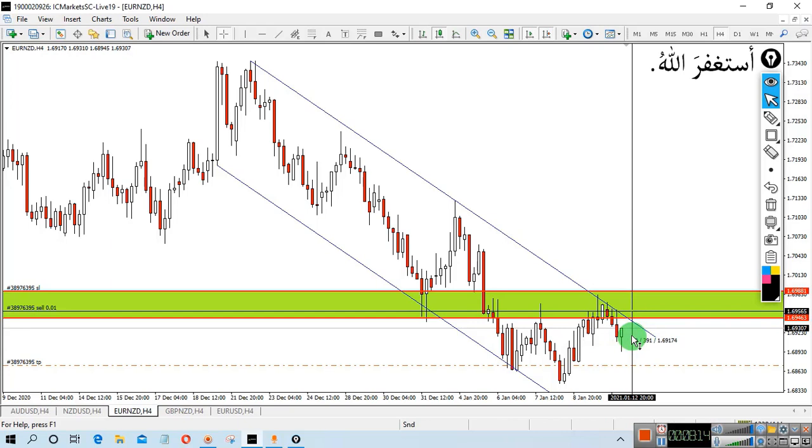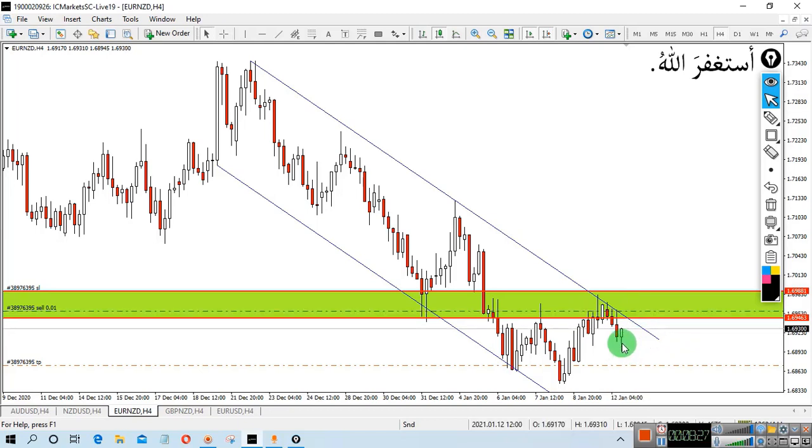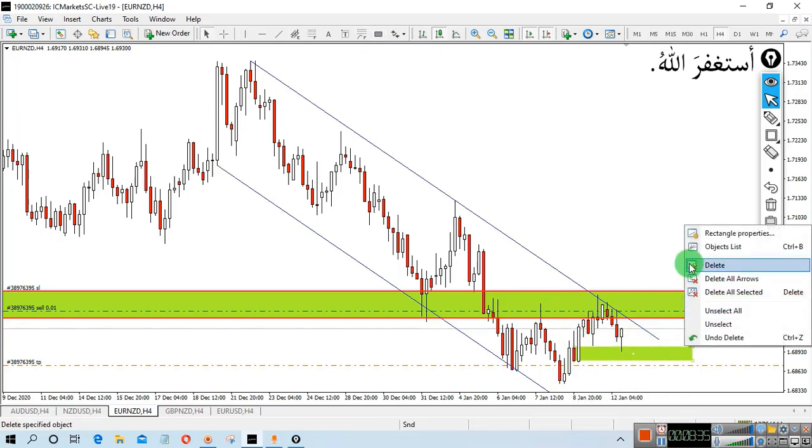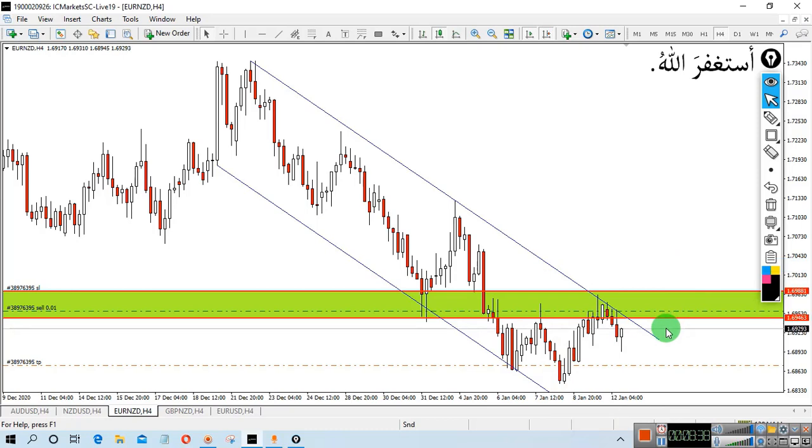I am teaching you price action, so leave this demand or supply for now. We will talk later about why market jumped back to the upside, because we have a nice demand zone here. So leave it for now. We will discuss it later on. So I still hope that market will drop down from this level. We have a strong area of value here, so hopefully market will drop down from this level.